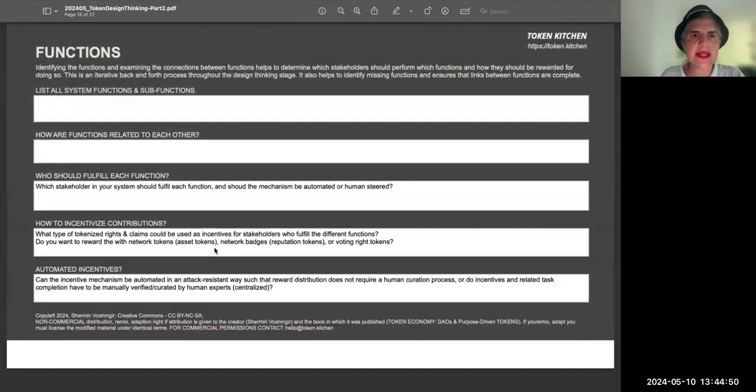Okay, so functions are the next. We're not thinking of tokens yet. Why? Because we need to think about functions. The functions are very much interrelated with the stakeholders in your network who will fulfill the functions, okay? For example, in the Bitcoin network, mining node operators fulfill the function of adding and verifying blockchain transactions, contributing to the security system of the network, making sure that transactions are valid, that no double spending is happening, and if they're the fastest one to resolve the puzzle,